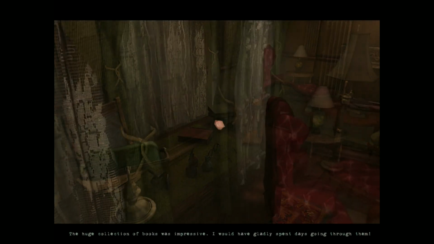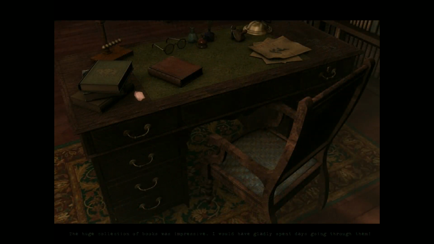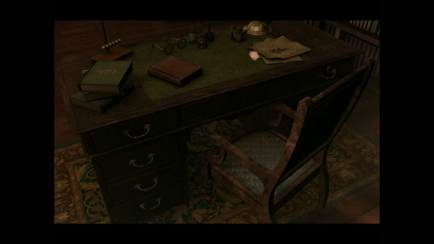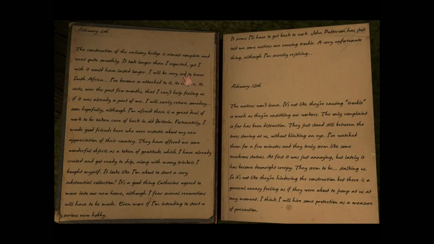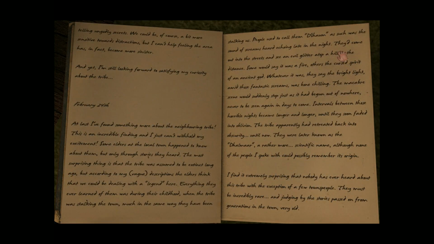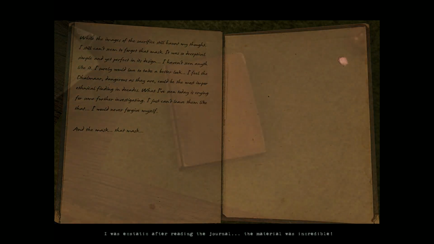How about the desk again? I already checked all the drawers, didn't I? Yeah, that looks familiar. Nothing important in the drawers. Can't look at the pictures. Did I look at this book? No, I didn't. There's actual writing in here. It's a lot of writing, actually. Wow, okay. I don't know if this game's gonna be...